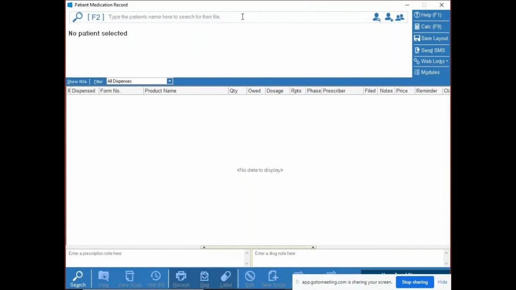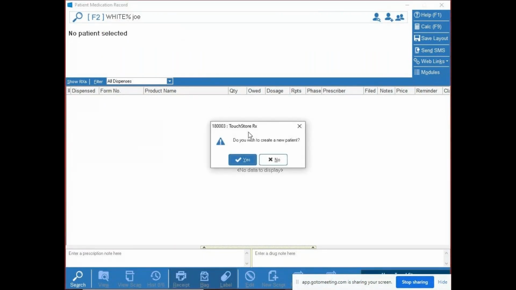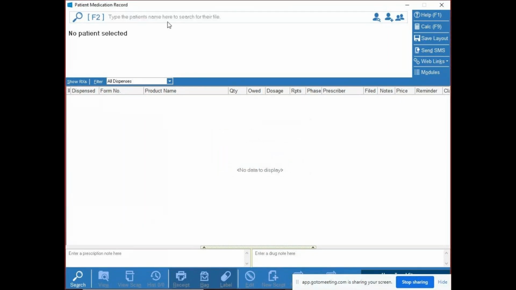So if you're looking at the prescription and you know yourself that they're new, they've never been in before, there's two ways that you can do that. You can either type out the name. So if I look for myself, now I actually am a patient in here, but I'll just type in Joe there, for example. There is no patient showing, meaning that as soon as I press enter, it's going to ask me, do I want to create the new patient? But just for this, I'm going to say no, because you probably would have noticed a symbol popping up there,